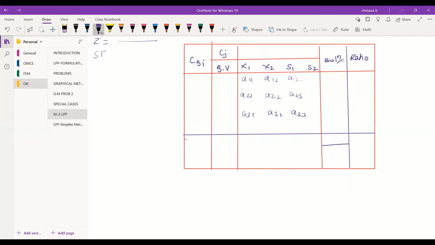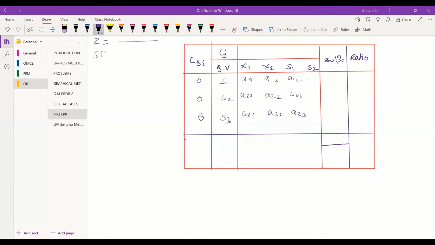So CBi is always the coefficient in the objective function related to the added variable, whether it is a slack variable or a surplus variable. So if you have some S1, S2, S3 here, that is, you have added three slack variables, what will be the coefficient of these S1, S2, S3 initially? Initially it will always be 0.